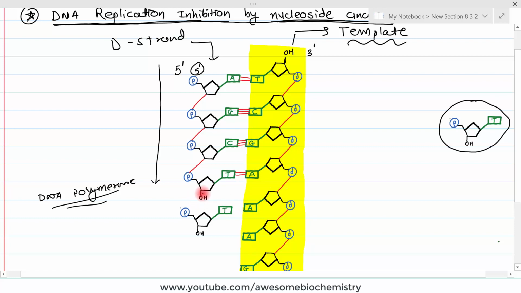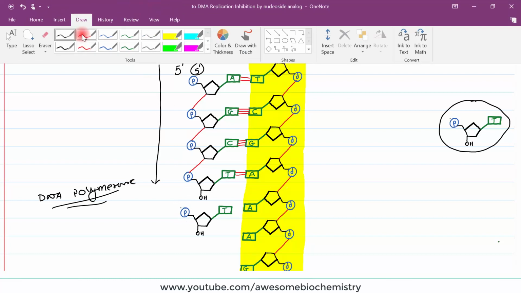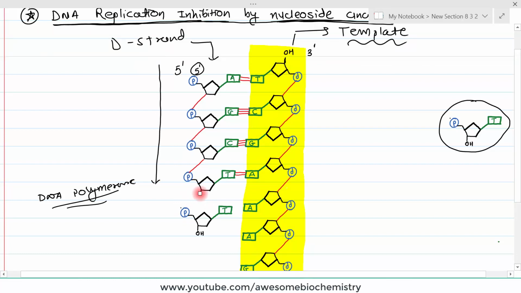And then it will try to make a bond between this 3' OH group and 5' phosphate group. So this OH group is now removed and there is a bond formation over here. So this becomes our phosphodiester bond, and its direction is from this 3' to the 5' phosphodiester bond. Remember, the new strand synthesis is from 5' to 3' end. However, its phosphodiester bond is from the 3' to 5'. So this is the main phenomenon by which DNA polymerase is able to grow the new DNA strand. So basically, this bond formation is the main function.